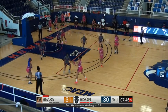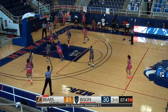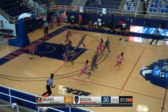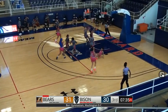Three-pointer is off by Kaya Creek, but the offensive rebound is corralled by Hutton. Jayla Thornton shot is up. Won't go. Rebound is taken in by Brisker. Brisker on the fast break. Looks to